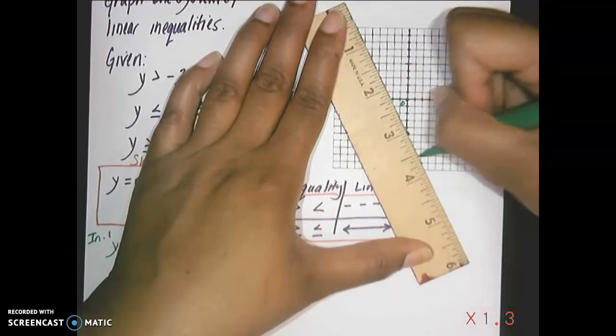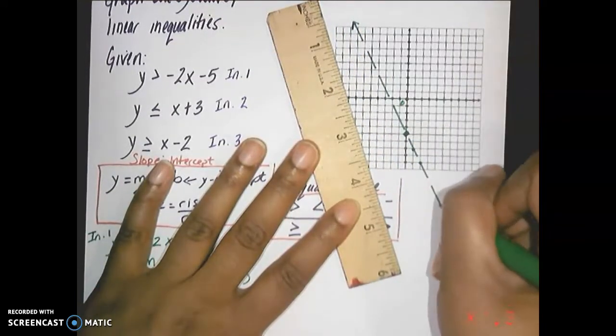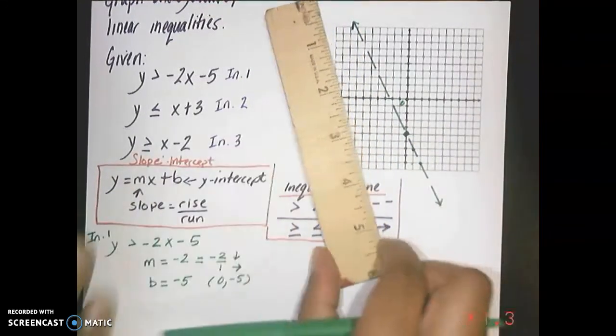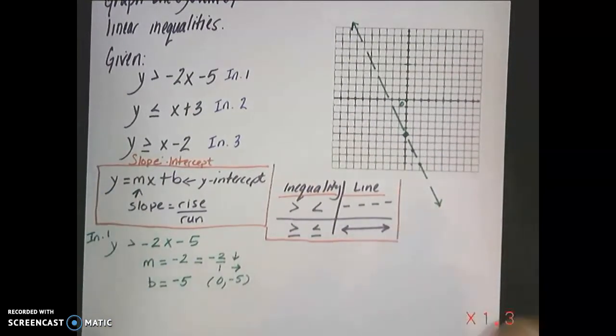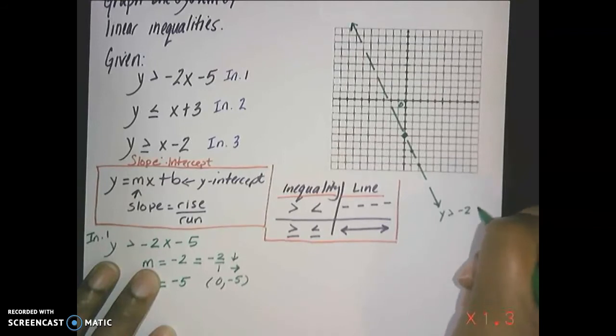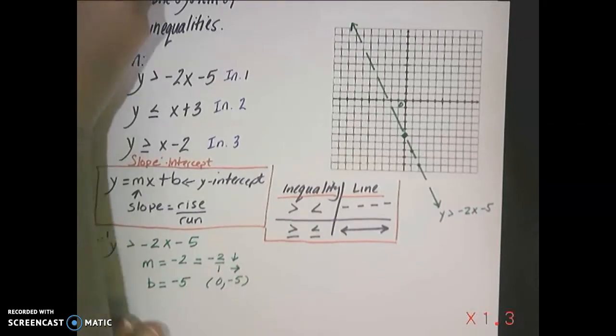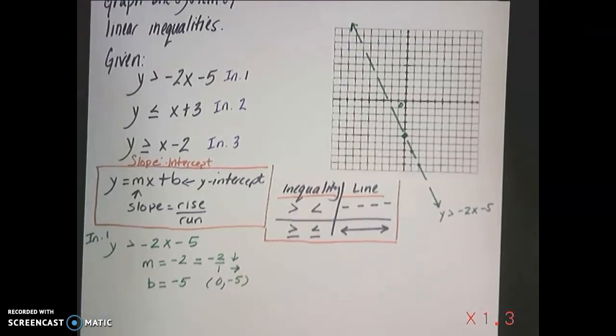And I'm going to exaggerate the dashes on a line just so that you can see it. Okay, so that's going to be my line for y is greater than negative 2x minus 5. Now here's what I also told you. Because we have a greater than sign here and we're graphing this, we're going to graph and shade in the